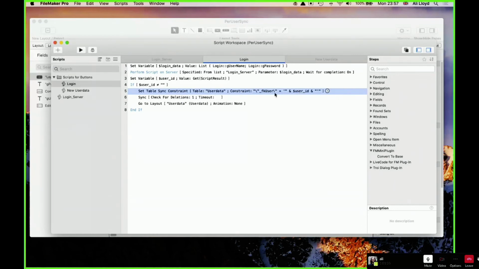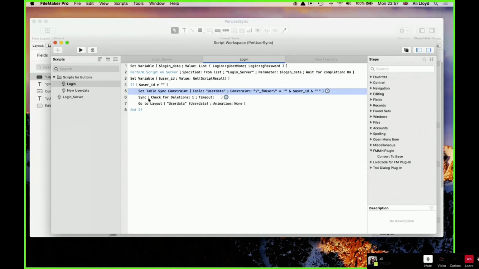There's some slightly odd escaping going on here because the constraint has to be formatted correctly as a SQL where clause. So we've got quotes around the field name and single quotes around the user ID string there.